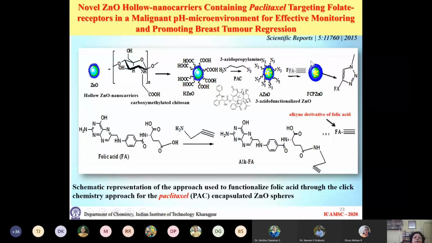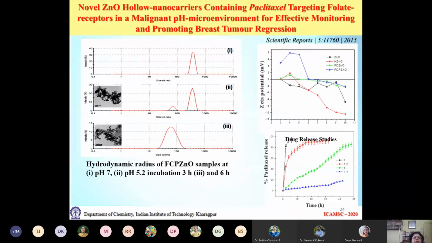And that is the good point about it, because zinc oxide itself is going to show fluorescence. So if you have designed a molecule or a drug delivery unit where you can reduce the number of attachments by choosing the material appropriately, then also it is a very big advantage. So you can see how the particle size is looking. You just look at the zeta potential, you see it is